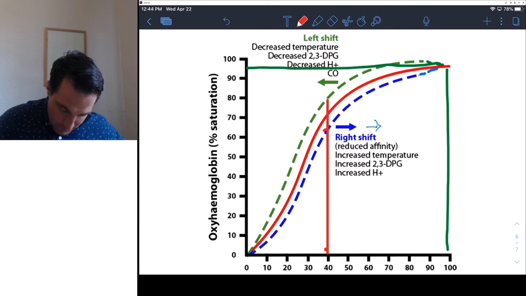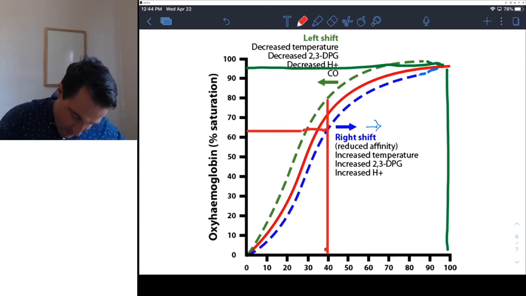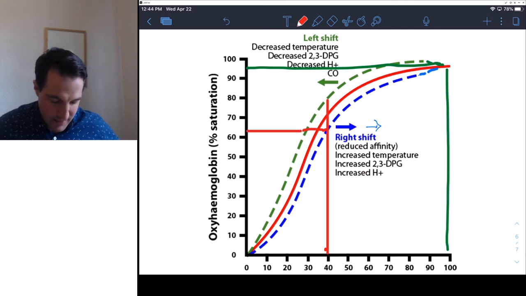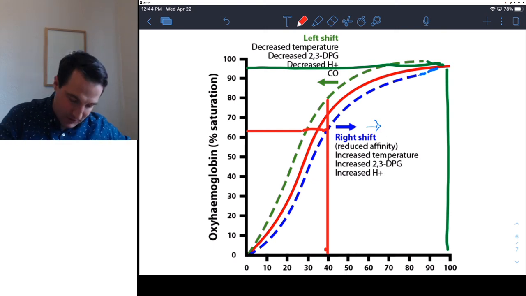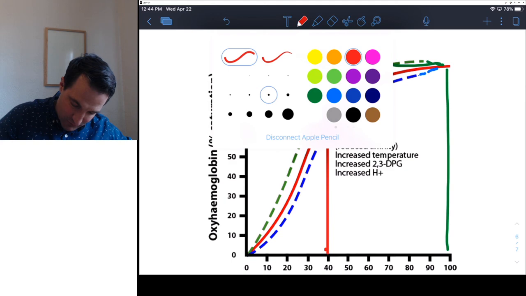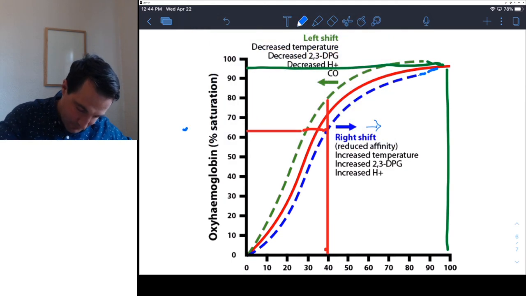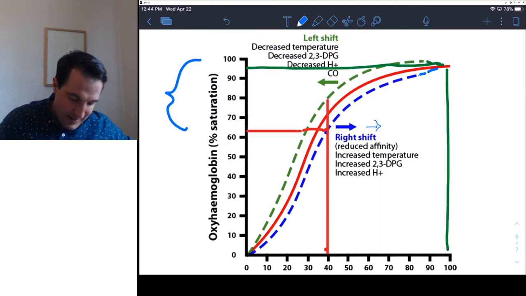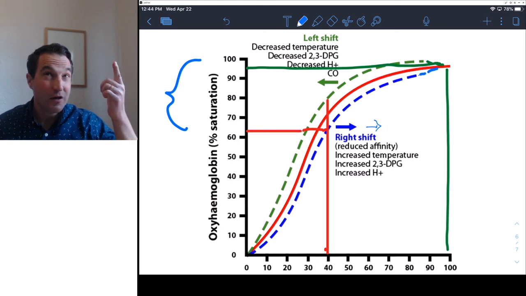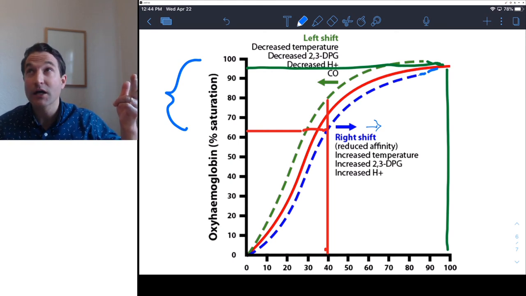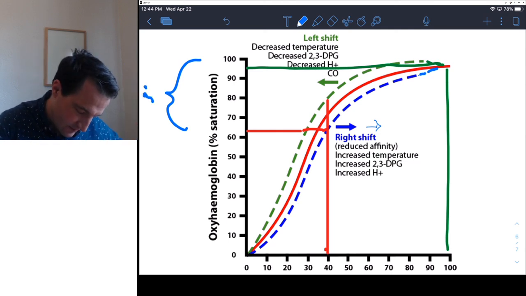And therefore, the amount saturated at this point right here is going to be about 62. So we've gone from 98%, let's draw this with blue, 98% down to 62. So 72, 82, 92 plus, we'll do 6 more. So we got 36%